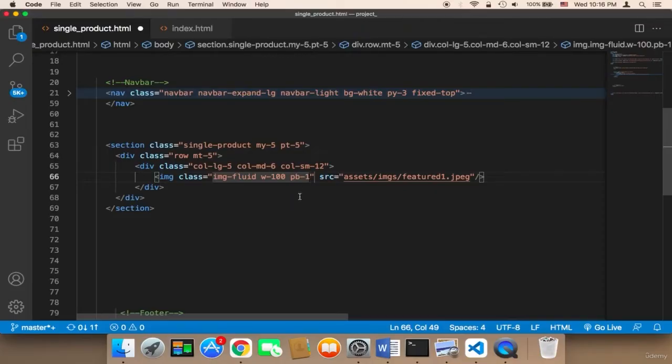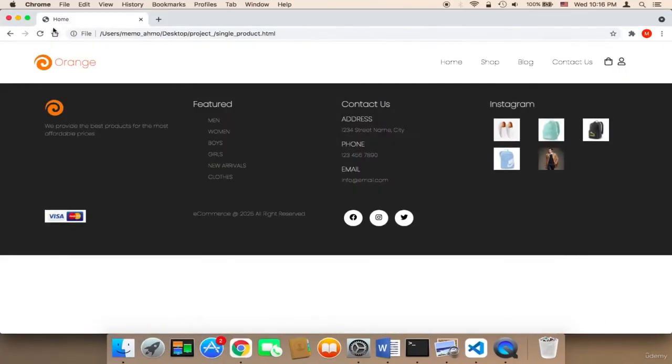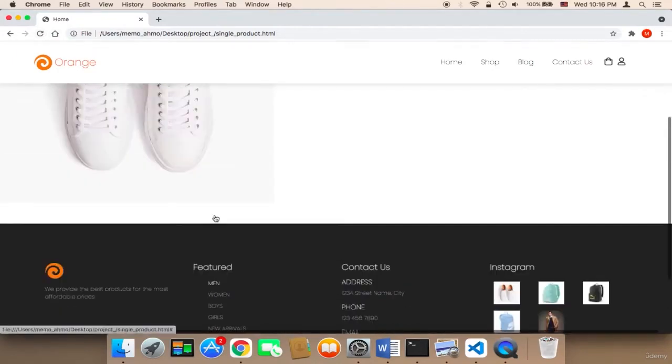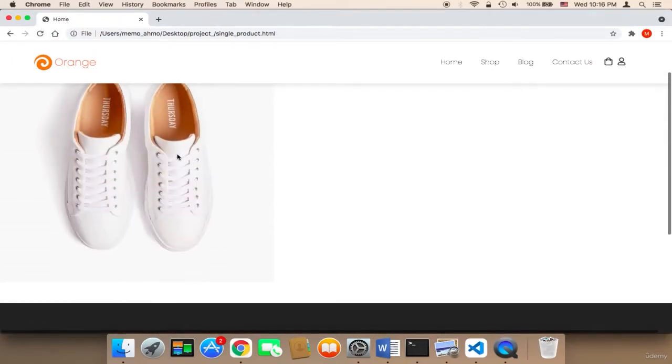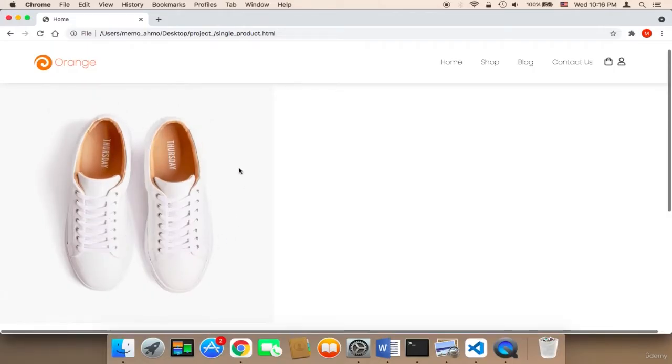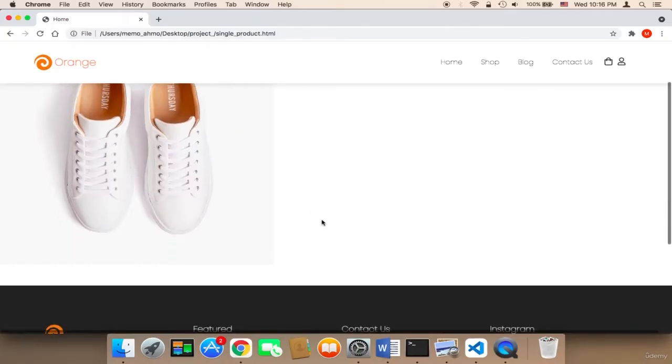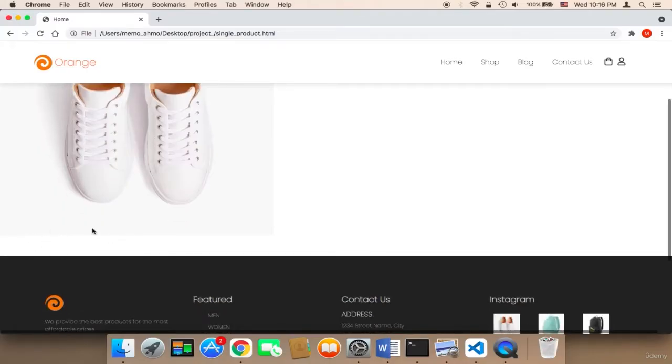Let me here save, and let me head on over to the browser and test. So now if I refresh, as you can see, we have this image. But of course we need to work on the design further, because I want to make this image smaller. But before I work on this, let's work on the small images, because I'm going to be displaying the varieties of that product. So below this image, I'm going to display small images that represent the different varieties of that